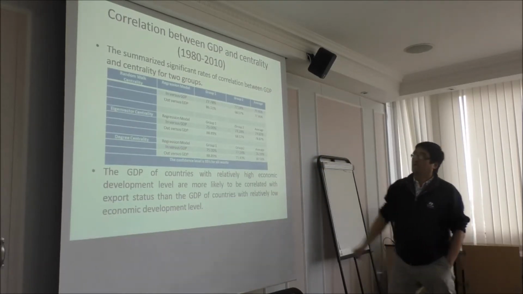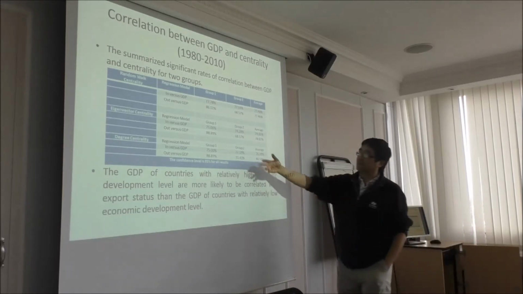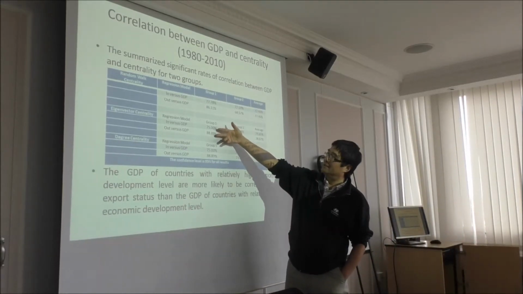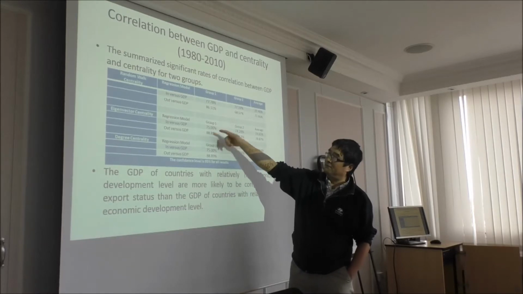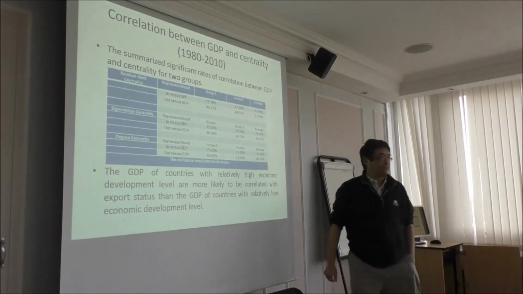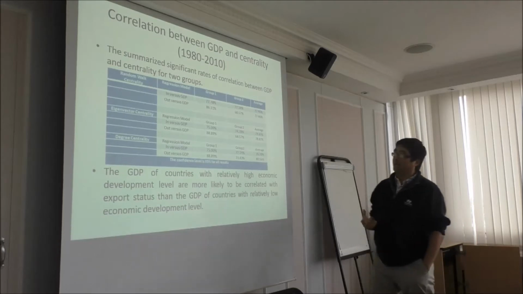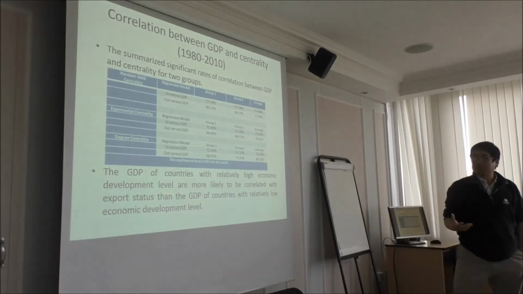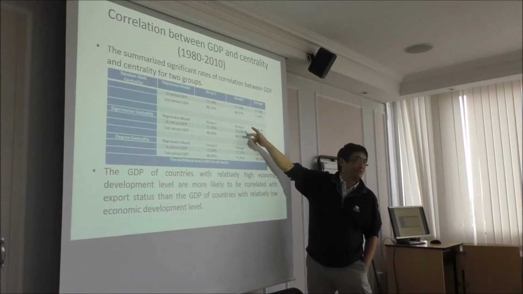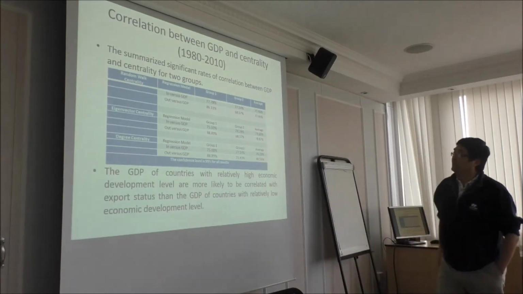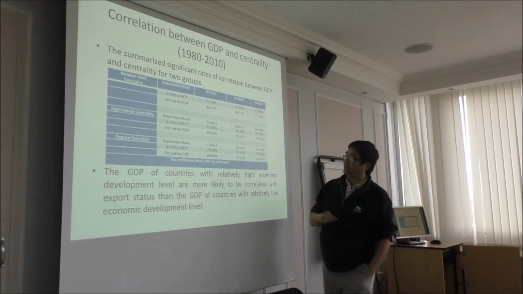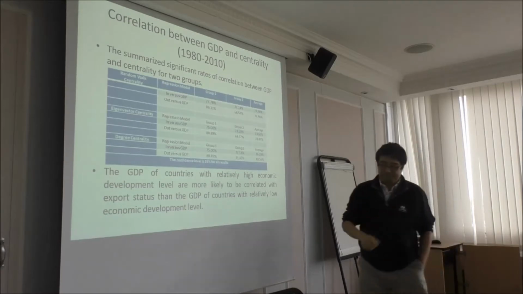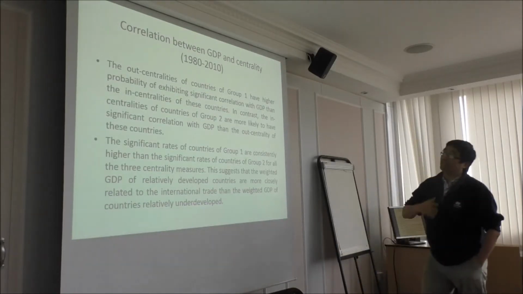It's very interesting. For eigenvector, it is the same. So here you see the tendency for relatively advanced countries: the import versus GDP is 75, whereas the out is 88%. So therefore it's much more relying on higher value added exports. For the second group, it's just opposite. For the degree centrality, again, it's the same kind of tendency. So therefore, it does tell us something.